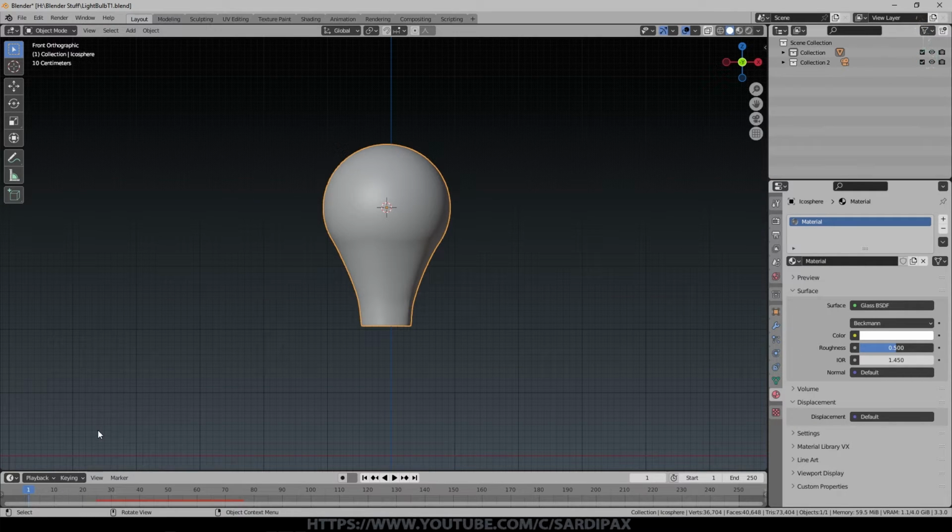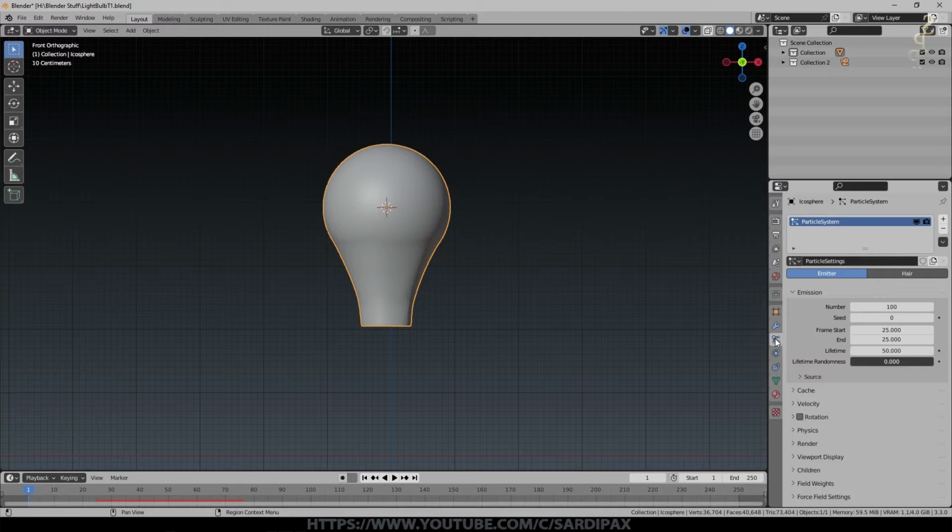Even though that dialog has disappeared, we come over here and click particle settings. This is essentially the settings we were playing with. Seems to have lost one there, so I'm going to put that up to 26. The lifetime is how long those particles exist for. They will vanish after that time. Typically you want them, depending on what's happening in your scene, to go on for the life of the scene. So I'm going to say 250. We'll put more particles because those were much too big, so we'll go for 300.